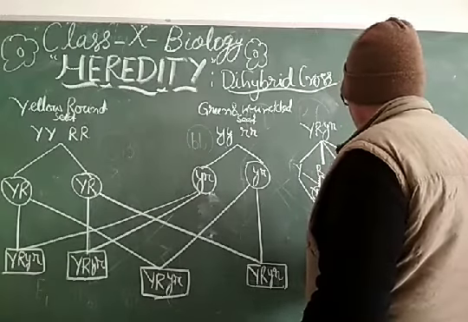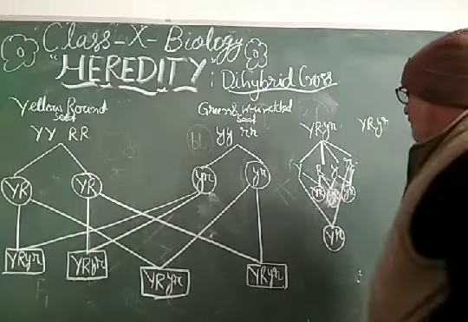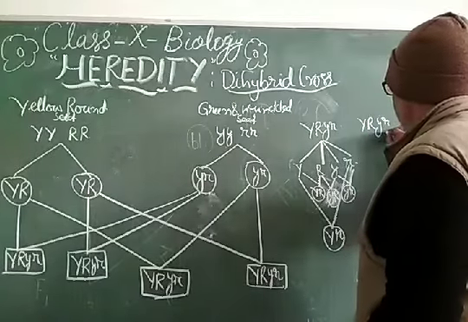This Y and R. So these are four types of the gamete, and when they cross to each other, similarly